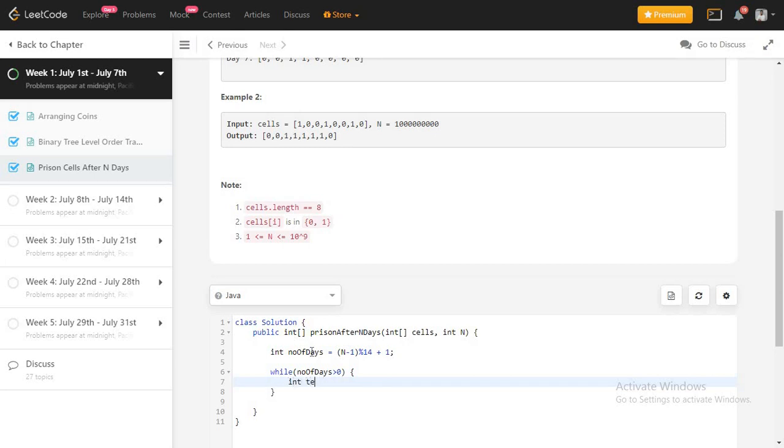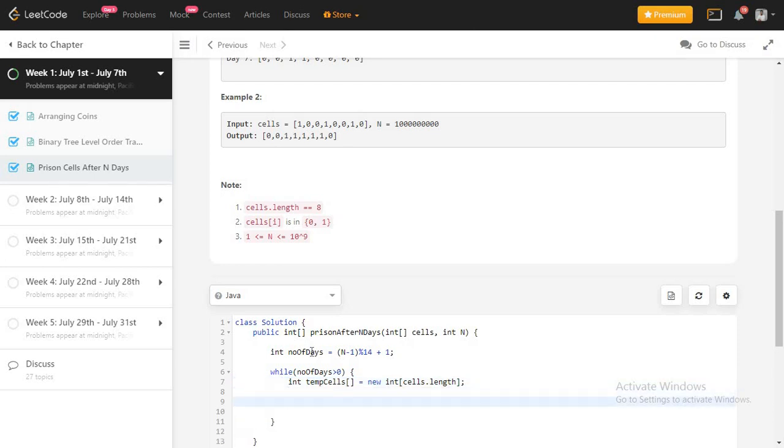Let me give it a name. I will explain why I am taking this temporary array. It should be of size 8, or you can say sales dot length. It should always be 8, so you can directly write 8 also. I am writing length only because length is also 8 in this scenario.